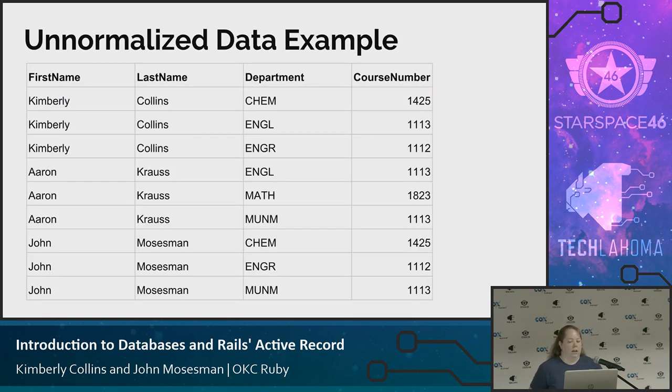So an example of some unnormalized data, you'll see this is a very common setup for spreadsheets. You've got some data about some people and the classes that they're taking. You can hardly talk about this without using the examples of students and classes. I think that might be like a law, I'm not sure. But these are some examples of students and the classes they're taking. And the first thing that just almost hurts me to look at is the repetition of data. So you might think, oh, it's good to duplicate data, the more the merrier, but definitely not. We would like to store each thing exactly once.